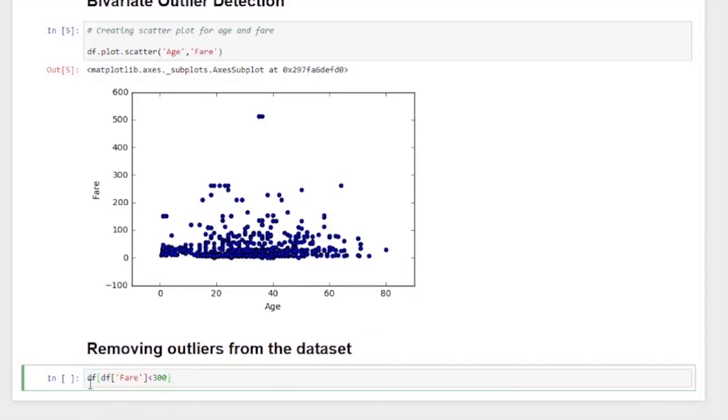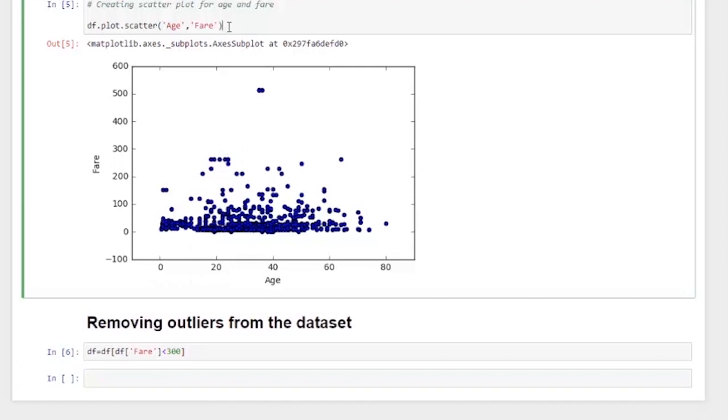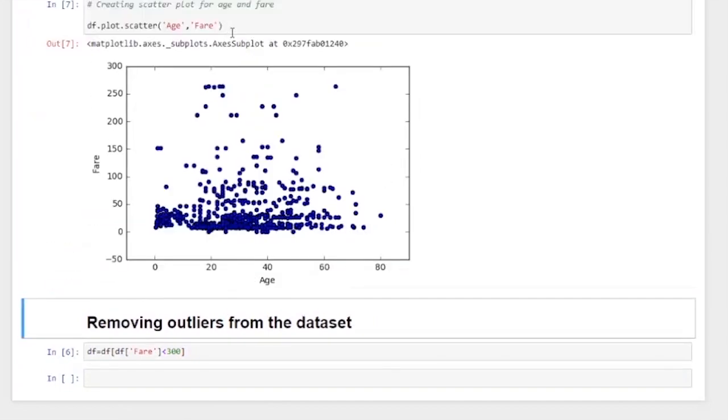Since we only want the rows for which the values of fare are below 300, we'll just assign df back to this. When we run this, we'll have a df in which there is no fare greater than 300. To confirm that, we can again run the scatter plot, and this time we can see that the maximum value of the fare variable is 300. So we have successfully removed outliers from the dataset.